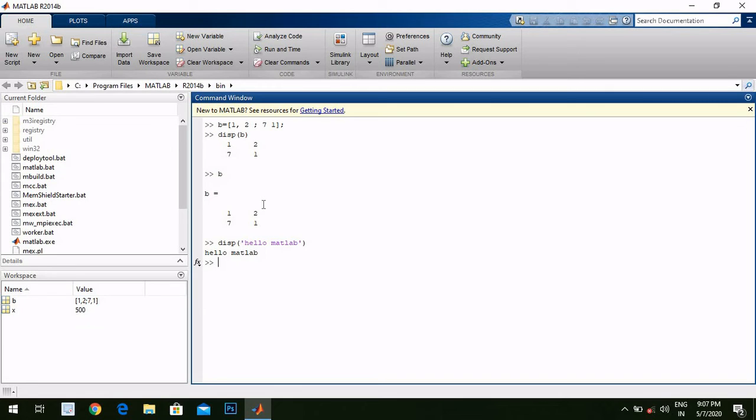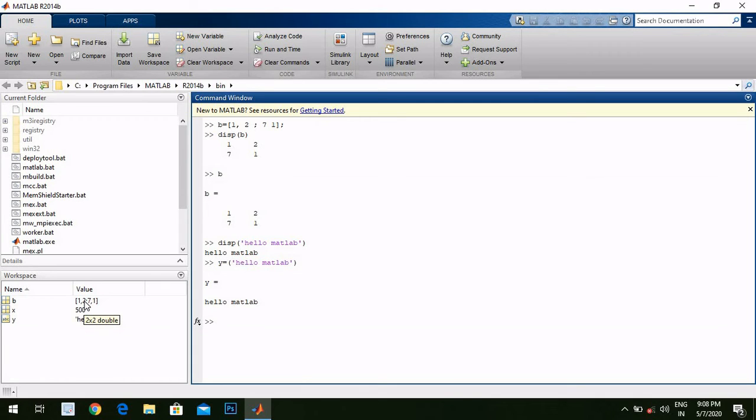Okay, let's take y is equal to hello MATLAB. We have successfully stored our string, that is hello MATLAB, inside of our workspace. But over here, as we can see, it is showing us ABC. It means it is a character, and over here all the things are numeric.